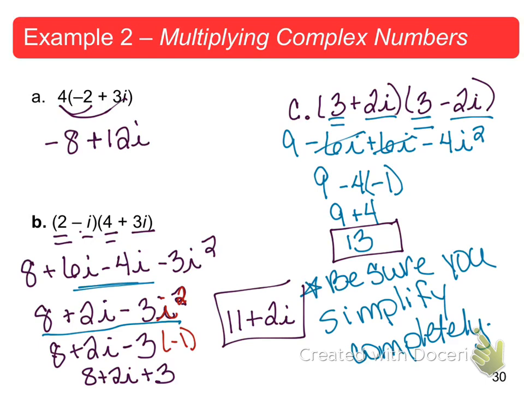So this is difference of perfect squares. When I multiply difference of perfect squares together, what does my answer end up being? A real number. And that is super, super important. Math is cool. Okay. So that's what happens. When you multiply difference of perfect squares with complex numbers, you get a real number. And we're going to talk about why that is important